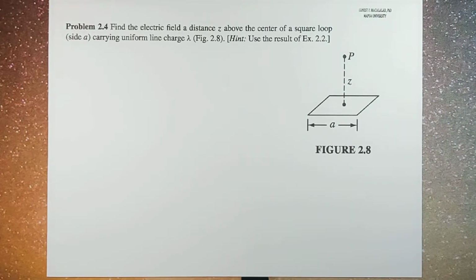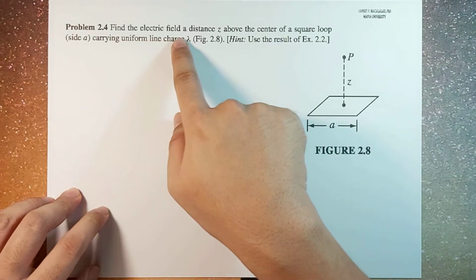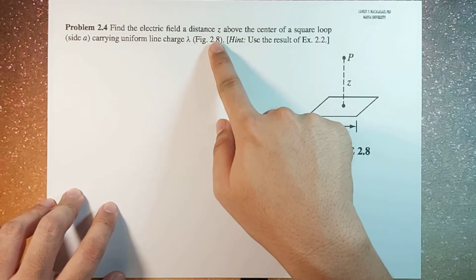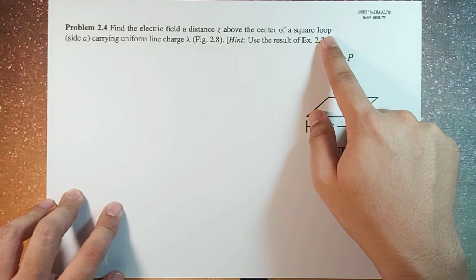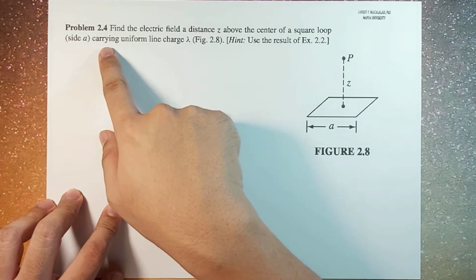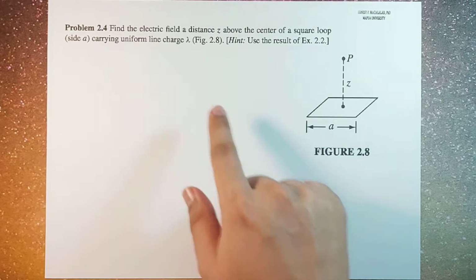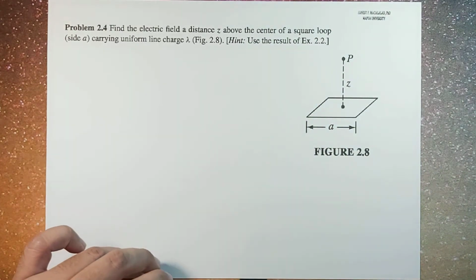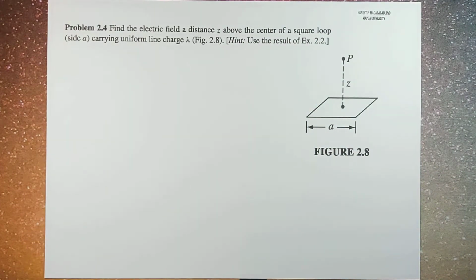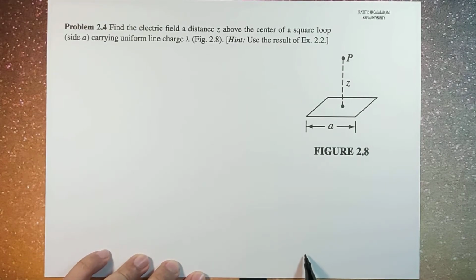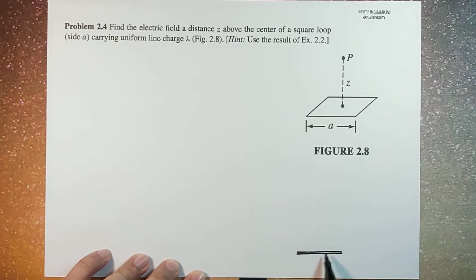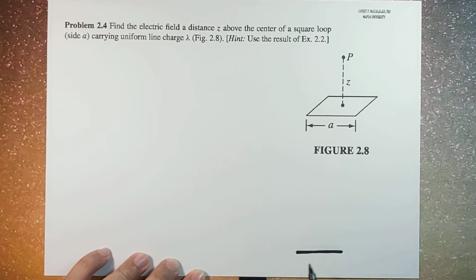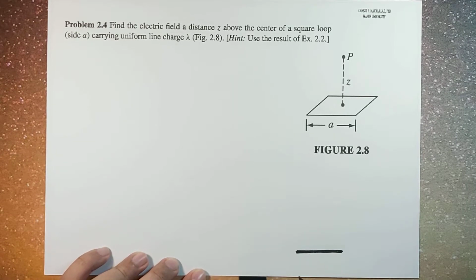The problem reads: find the electric field at distance z above the center of a square loop, side A, carrying uniform line charge lambda, shown in figure 2.8. Hint, use the result of example 2.2. Okay, so if you're going to recall that for a line charge of length 2L,